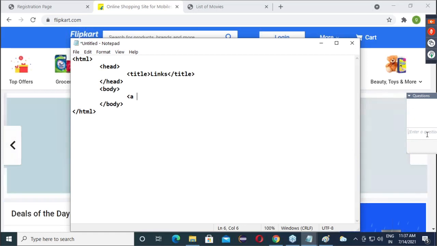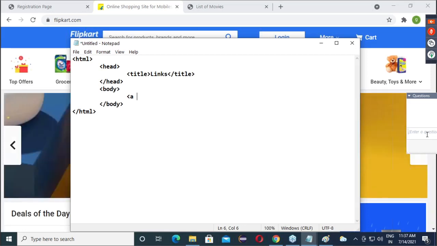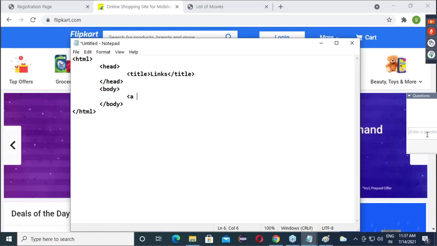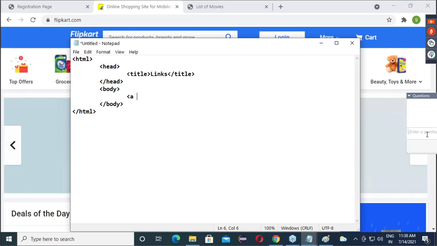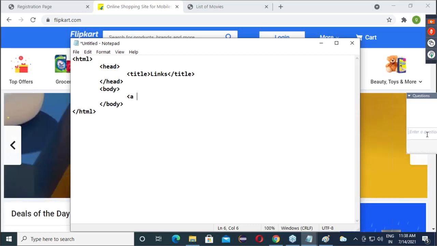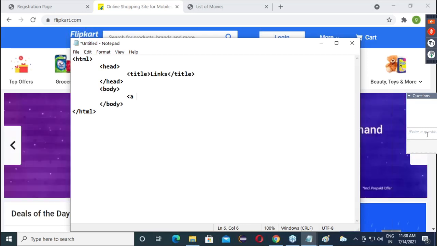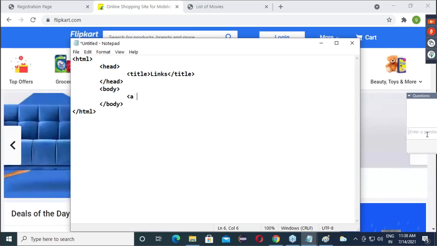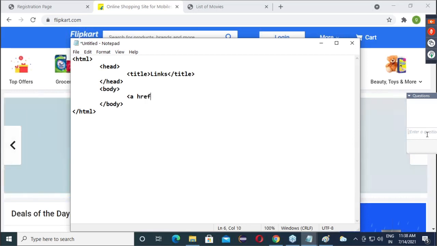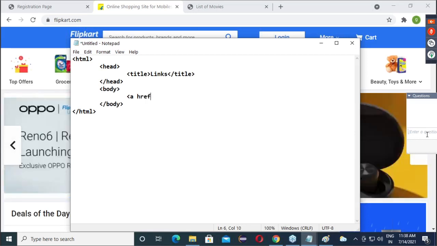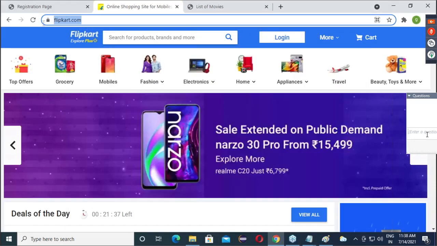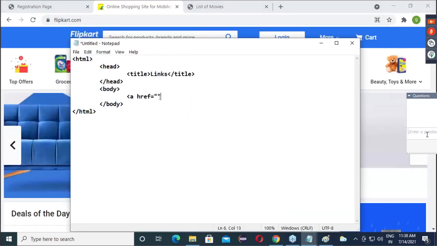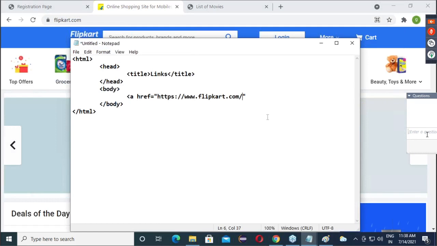Now after this, you have to use one compulsory attribute. Just like if we use input, it will not make a text box. You give type equals to text, then it becomes a text box. Are you getting my point? Like that, type equals to text is a compulsory attribute there. Similarly here, A will develop a link, but to which page should the link redirect? We have to mention that. That is nothing but href, hyper reference. Is everyone clear? Okay. So with href, I will make a link which will refer to Flipkart.com.